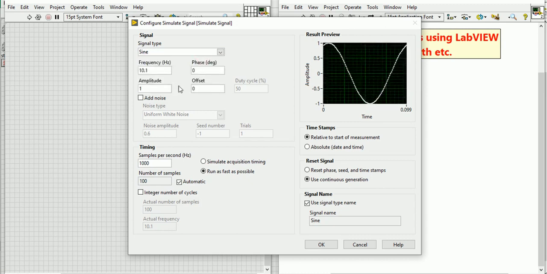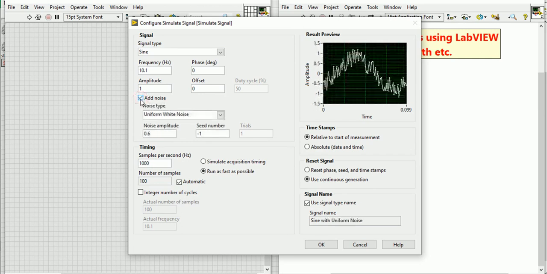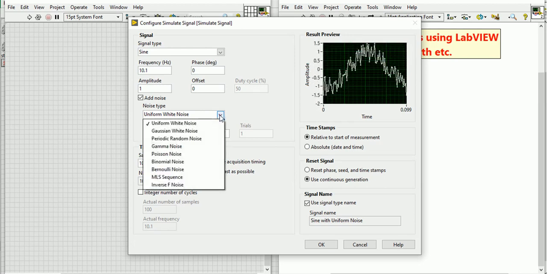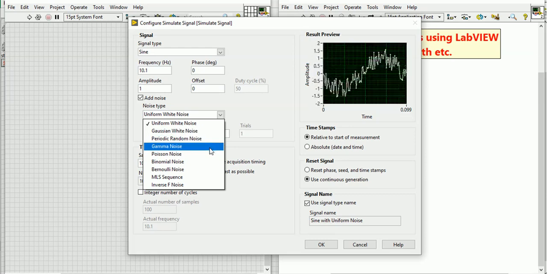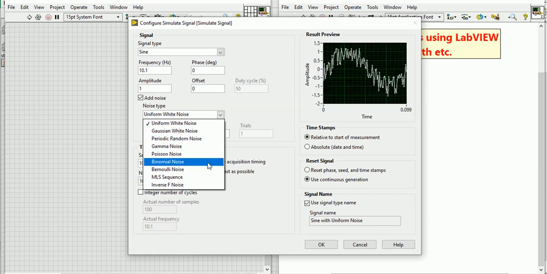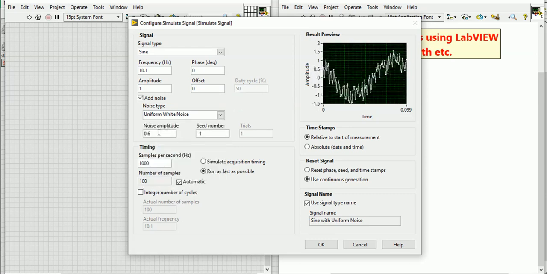Here you can also put the frequency, phase, amplitude, offset, etc. Also you can add some noise, and there are many kinds of noise, like uniform white noise, Gaussian white noise, periodic random noise, gamma noise, Poisson noise, binomial noise, etc. Here you can put the noise amplitude, and the default is 0.6.